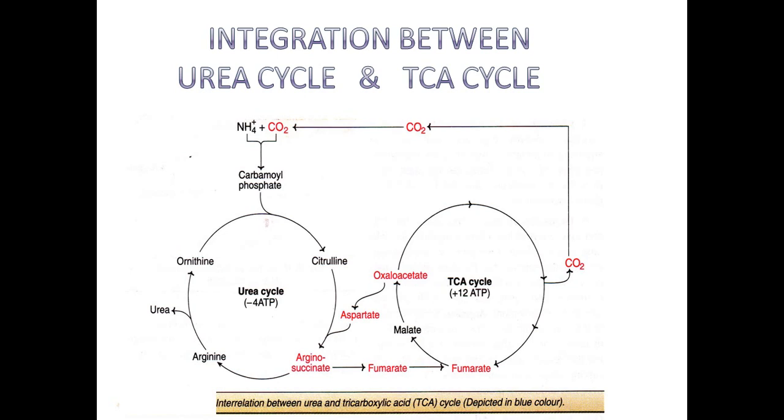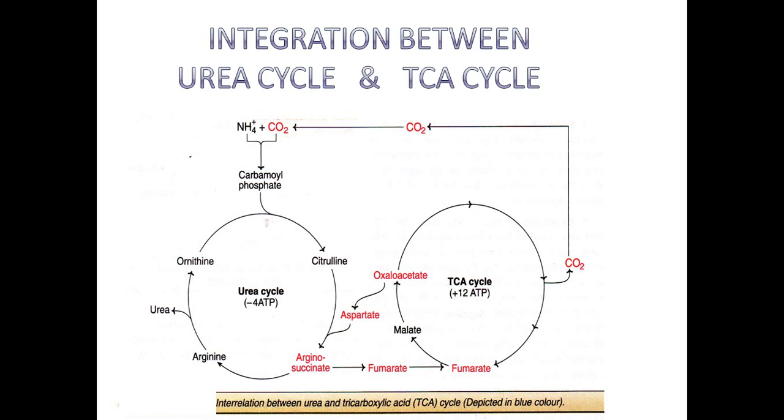So the aspartate that comes from oxaloacetate is utilized in the urea cycle and converted into arginosuccinate, and this arginosuccinate is cleaved into arginine and fumarate. Fumarate again enters into the TCA cycle, gets converted to malate and oxaloacetate, so again it results in the formation of aspartate. Now the arginine that is formed from arginosuccinate is again cleaved into two compounds, urea and ornithine. So urea is formed as a byproduct and ornithine is regenerated, which again is utilized for the reaction with carbamyl phosphate and results in the formation of citrulline. So this is a continuous cycle.